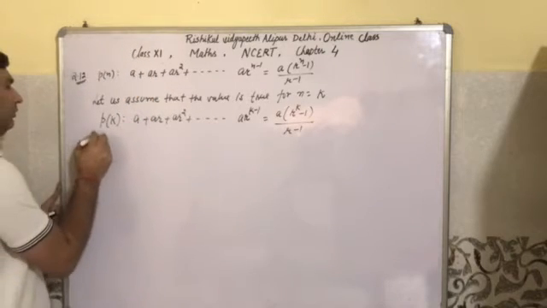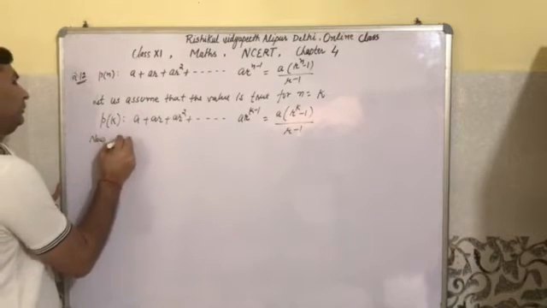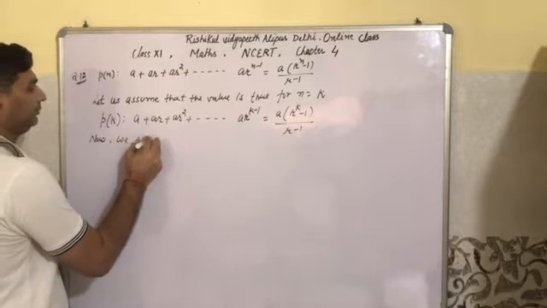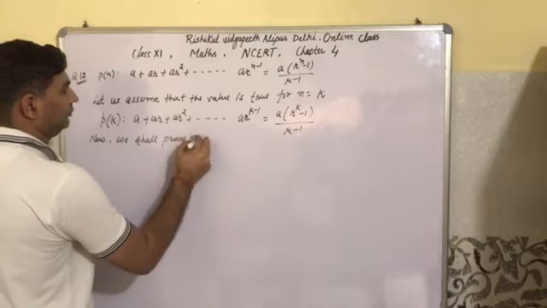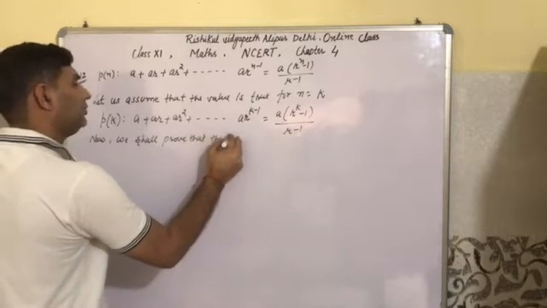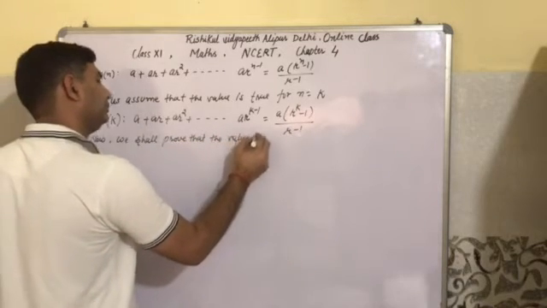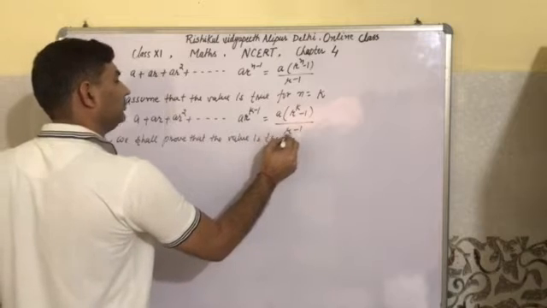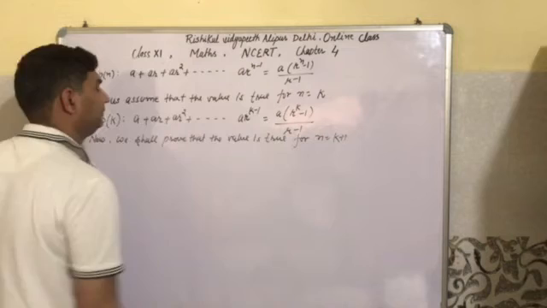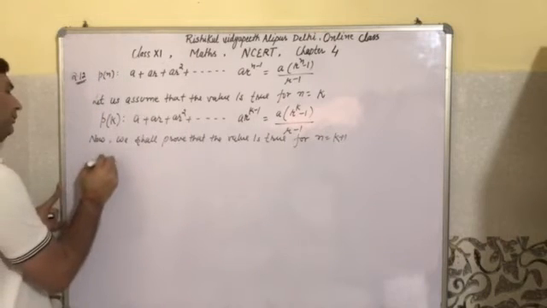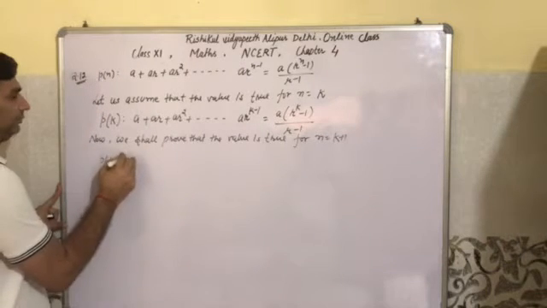Now we shall prove that the value is true for n is equal to k plus 1. Then P of k plus 1,